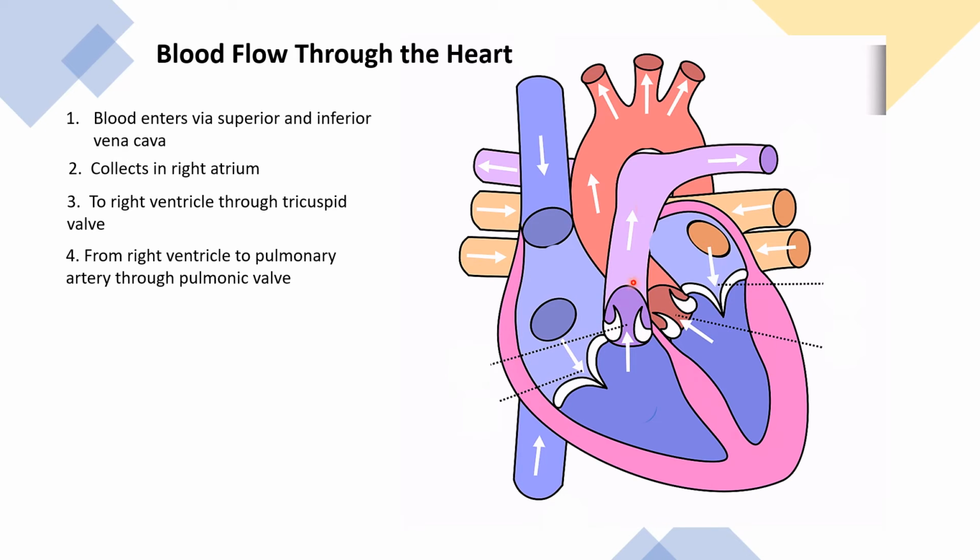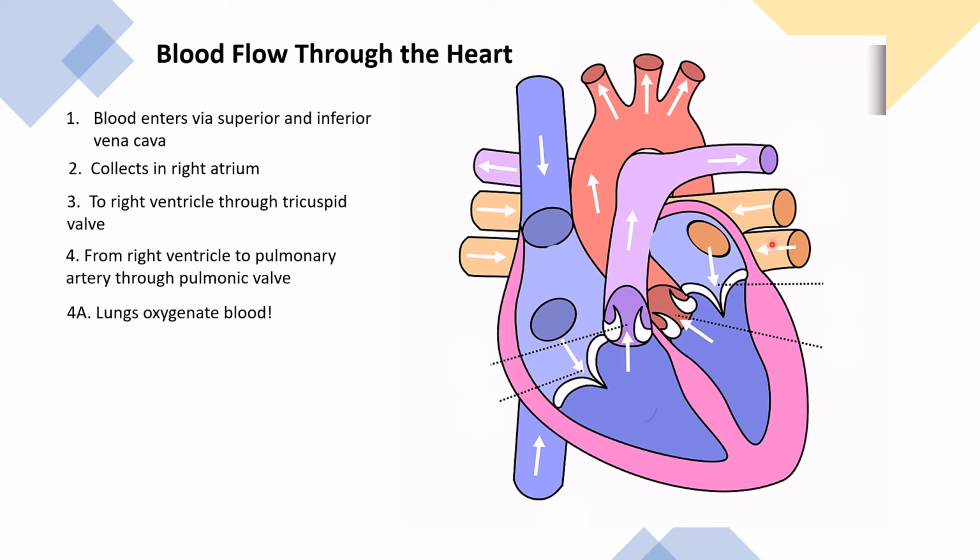This pulmonary artery then takes blood away. Think artery begins with A, it's always taking blood away from the heart. So the pulmonary artery takes blood away from the heart and into the lungs, where it picks up all that nice oxygen. So the blood is going to travel through all the pulmonary circulation, pick up those nice hemoglobin molecules. We're going to have nice oxygenated blood, which is then going to return to the heart through the pulmonary veins,